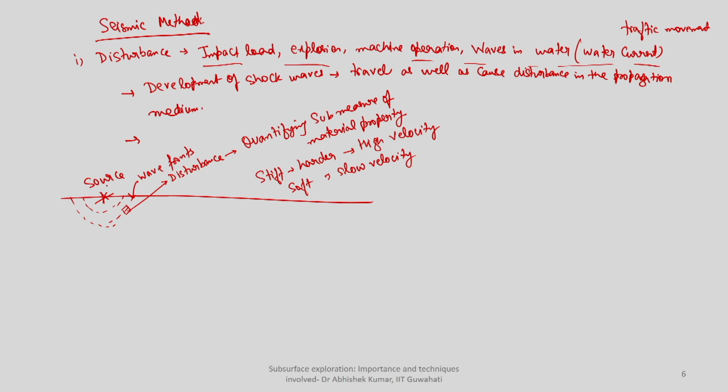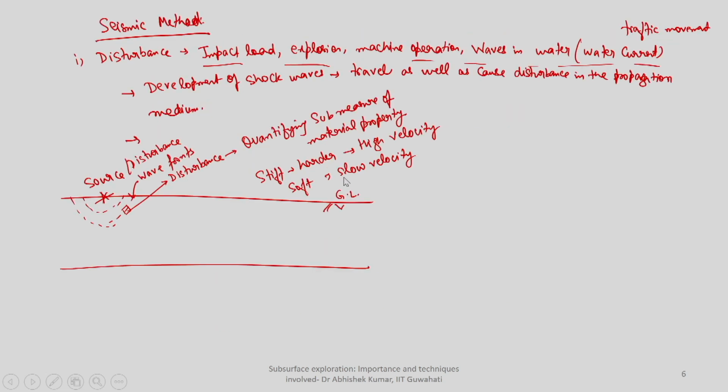So, what is happening as a result of this source, any kind of disturbance, is that wave fronts are being created. Now you can see here, this is at the ground level. Suppose this is soil layer 1. I do not know whether this soil layer is sand, clay, or whether it is a soft medium or a harder medium, because most of the geophysical methods give you quantitative assessment, and this is your soil layer 2.